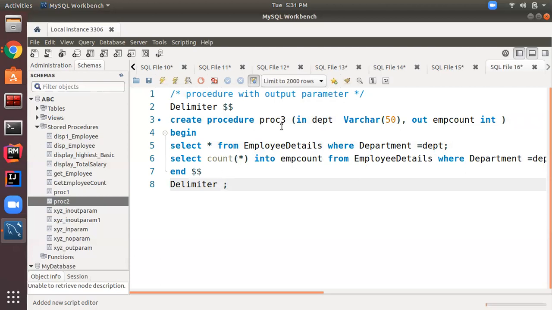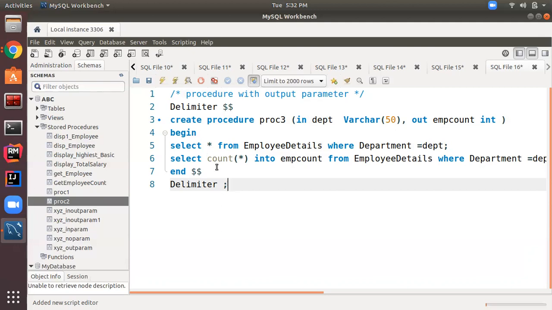Let's understand this first before executing. So in this procedure we have used two types of parameters, both input type parameter and output type parameter. In is the input type variable from which the procedure can read value only, and amp count is the output type parameter where the procedure can write the value.